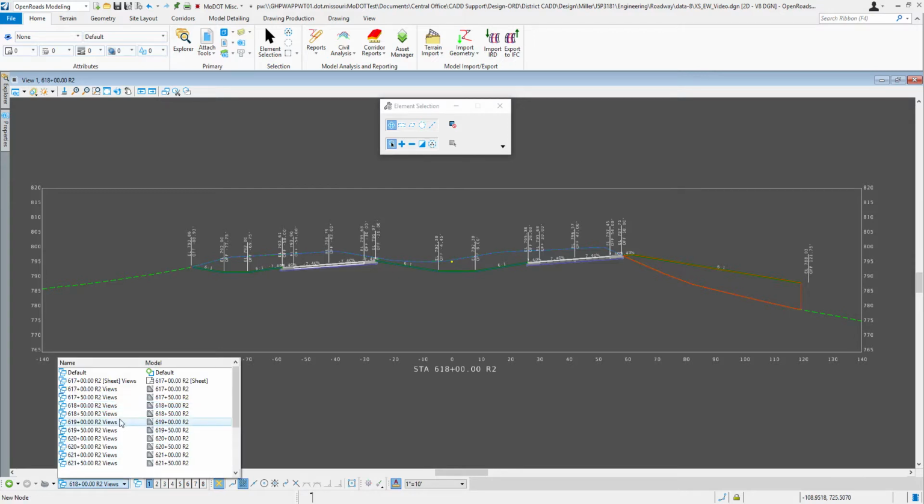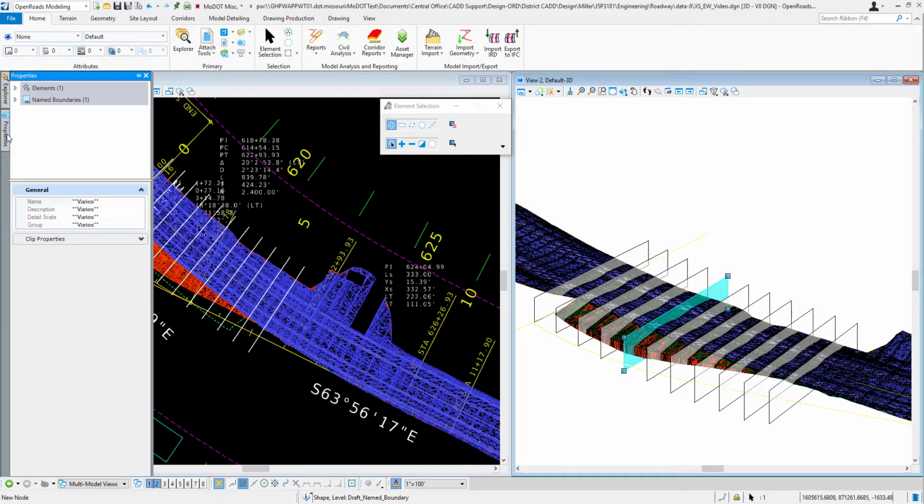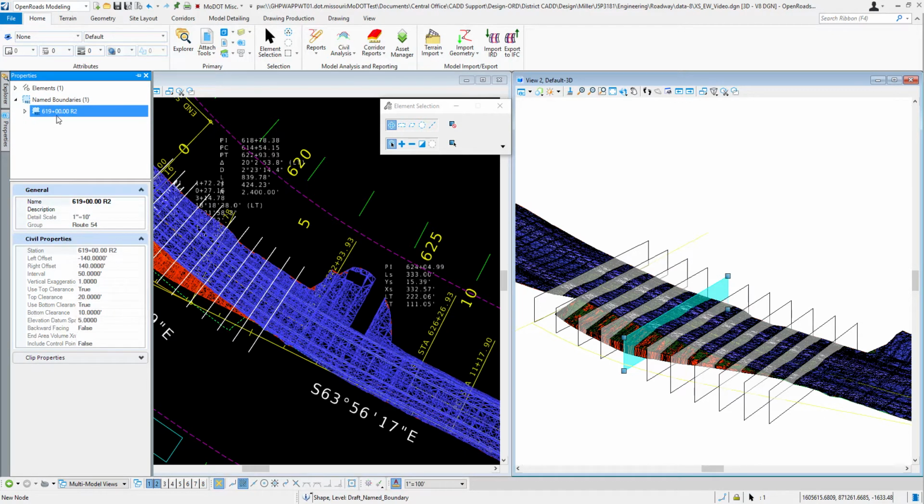So I'm going to go back to my multi-model view, and in here I'm going to want to calculate where my sections are. If I select one of these shapes and look at it, I'll go to the properties once it's selected and open up my name boundaries, and I look at this. Down here at any of these sections, there's an end area volume XML fragment that's missing. Okay, so there's nothing here. We need to apply that fragment to this shape